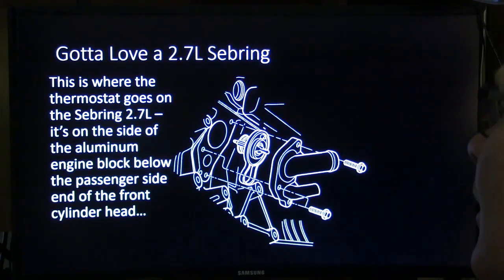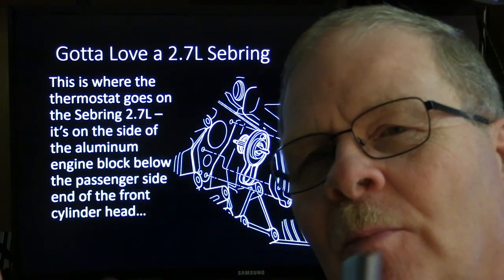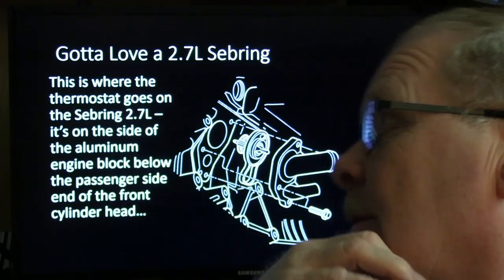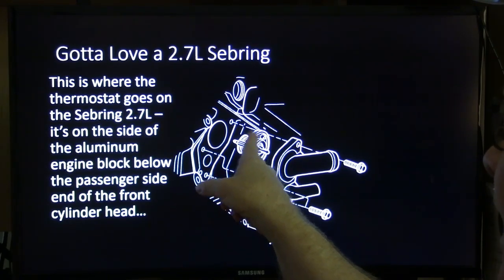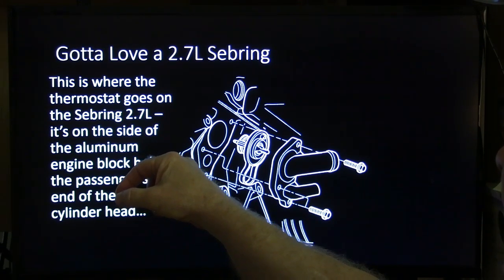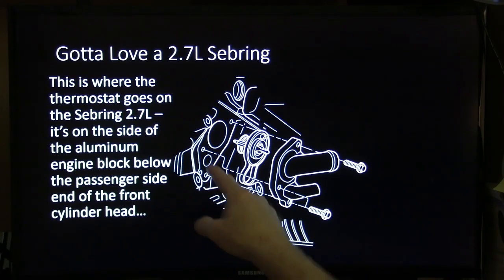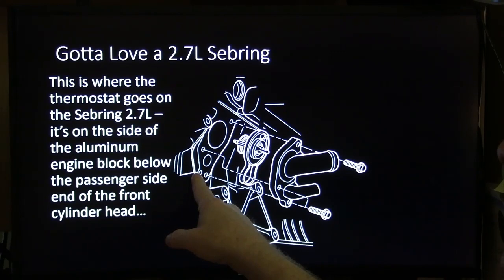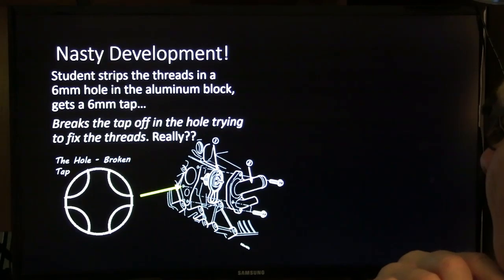what happened was, you know, the thermostat's here. This is where it goes. It goes on the front. It's better if you pull the components out of the way to get to the thermostat. And it's got this funky shaped gasket here. Of course, there's that little hole on the top I was talking about that lets water out. And this little weep hole right here is the one I was talking about, where the water pump leaks. If you see water pouring out of there, that means you've got a water pump issue on one of these 2.7s. You see these other bolt holes, that kind of looks like a bolt hole, but that's not what it is. Anyway,